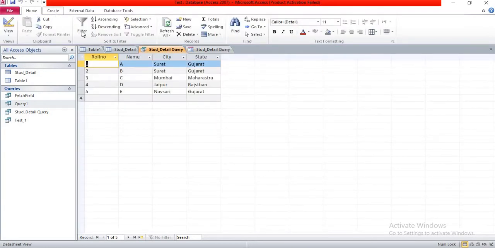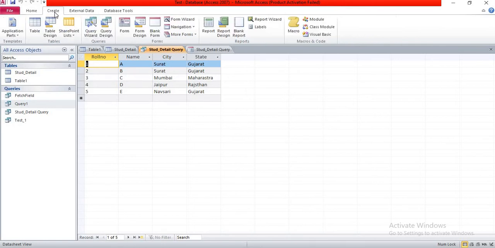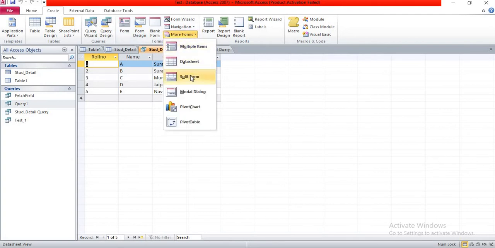Now our second option is use of split form. Click on the create menu and you can see more forms. In the forms group, click on the more forms drop down and you can see the split form option. Click on it.